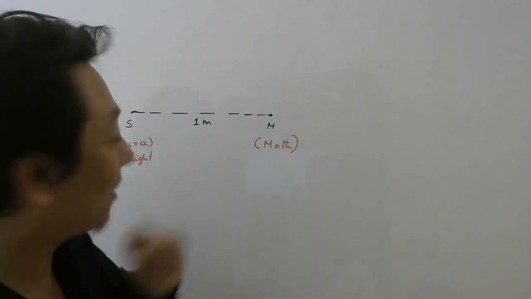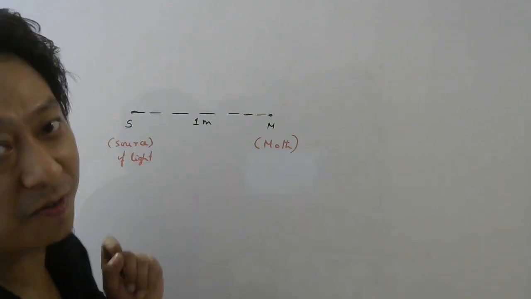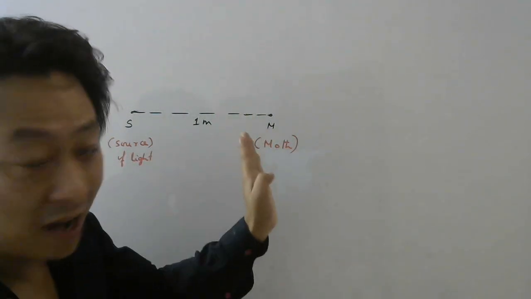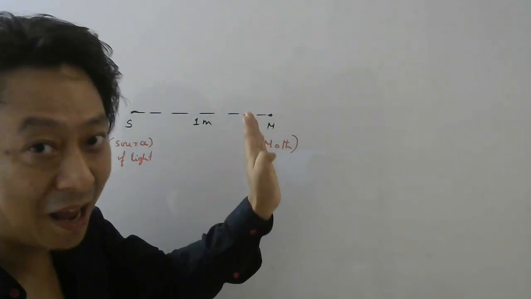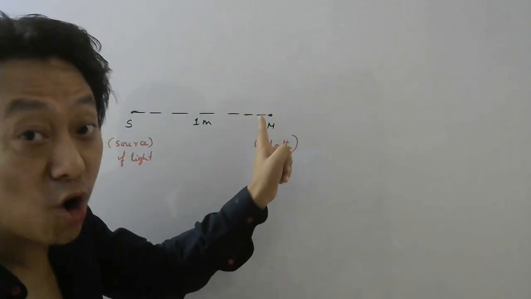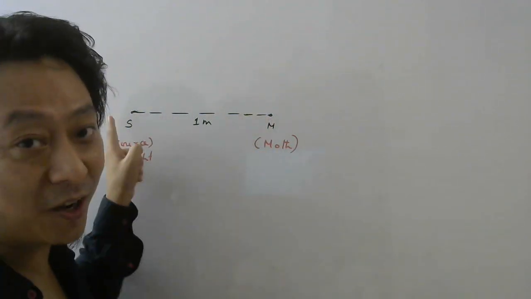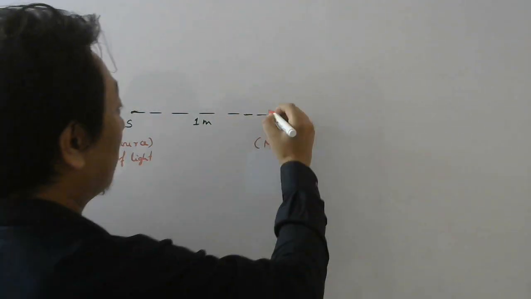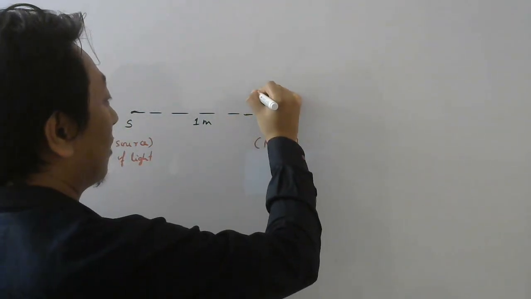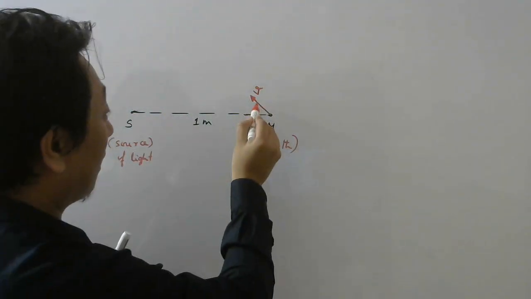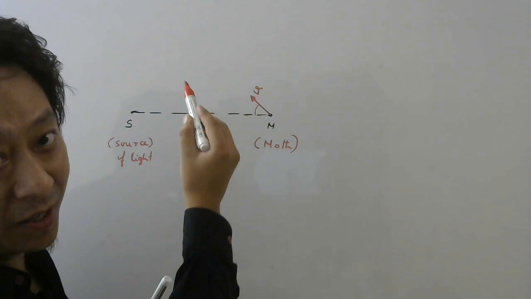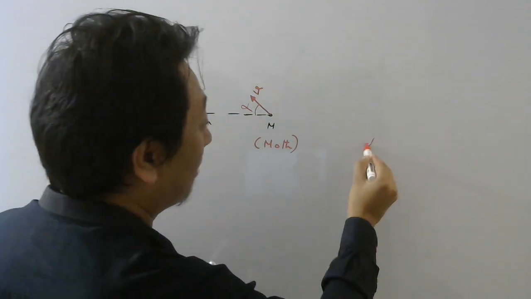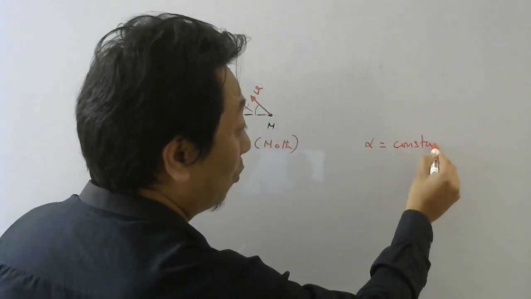Here is the moth, the insect, which is at 1 meter from the source of light at some particular time. Now they told it has a constant speed and its direction of motion, which means direction of velocity, makes a constant angle with the line joining the source of light and the insect. Meaning, if right now it is going in this direction with velocity v, then the angle between the velocity vector and the line joining the source and the insect should be constant as per the question, which means